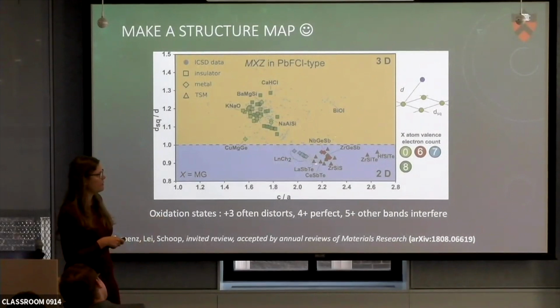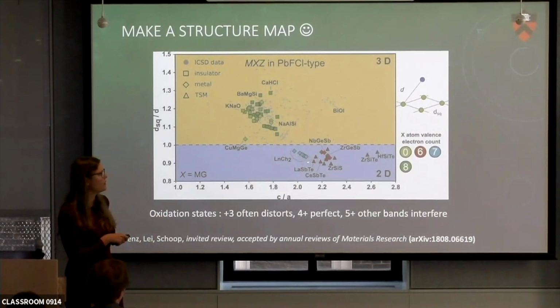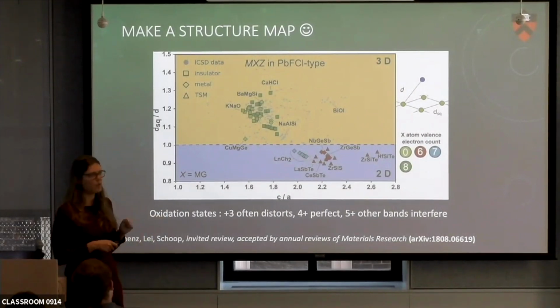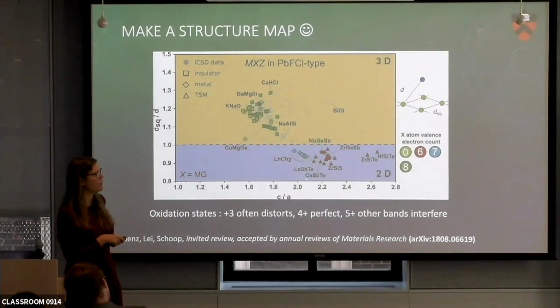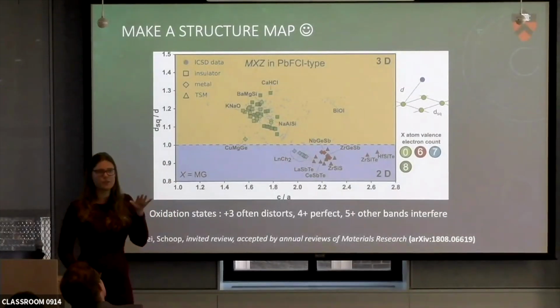And then we gave them triangles if they have a beautiful, perfect band structure similar to zirconium silicon sulfides, and we gave them diamonds if they're somehow metallic. However, I would like to point out, I think I want to change the map in the future. These metallic ones still have the linear band crossings, just the Fermi level isn't perfect because they have an electron too much. And some, like these, have some other bands interfering with it. But these crossings are there. So we can really quantifiably separate it just with the distance factor.